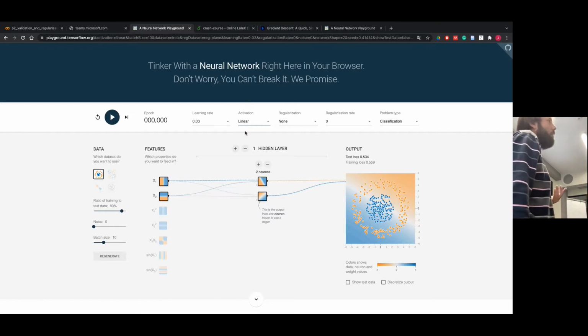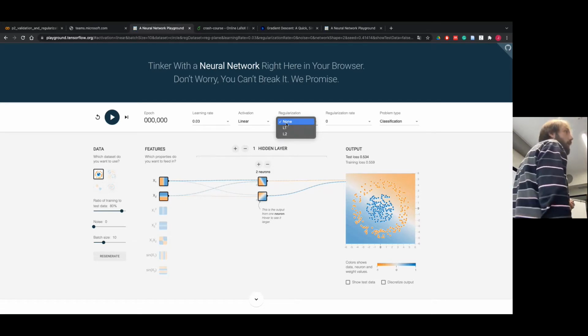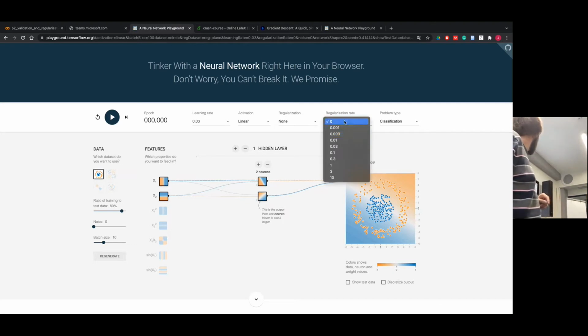So it's not a real neural net. Everything is linear here. You can specify a regularization. This is something we've also seen last week, right? Last Tuesday, we saw that you can regularize your weights to avoid overfitting. We won't do that now. This is the alpha coefficient in what I presented last time, so the strength of the regularization.